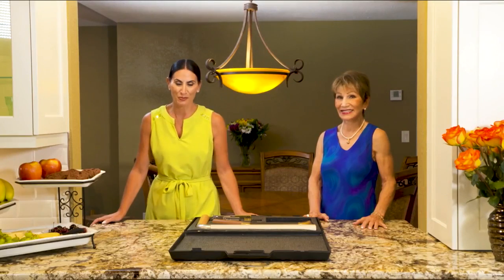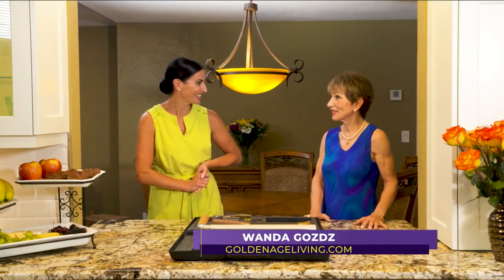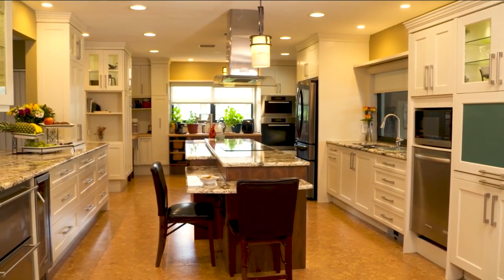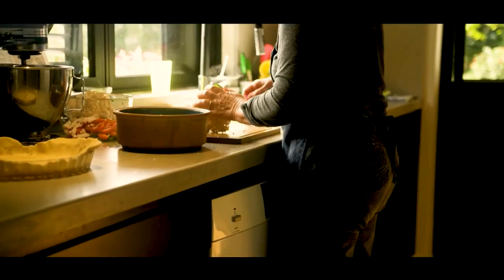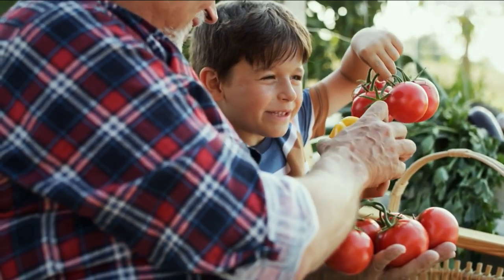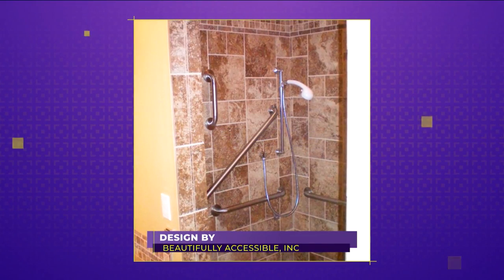Welcome back to SoFlo Home Project. I'm Alena Capra, and we are here with interior designer and certified aging in place specialist, Wanda Gotts. Wanda, before the break, we talked about kitchens being one of the rooms in the home where you want to make small changes to bring in universal design principles, as well as for aging in place, with multiple generations of the family living in that space. But when it comes to another room, the bathroom is really another space where, of course, safety is an important factor, and we've got things like